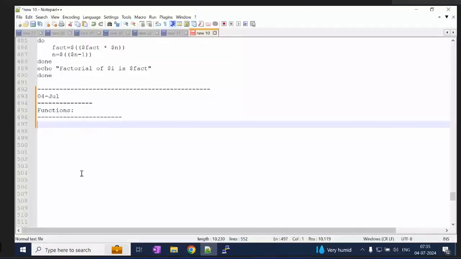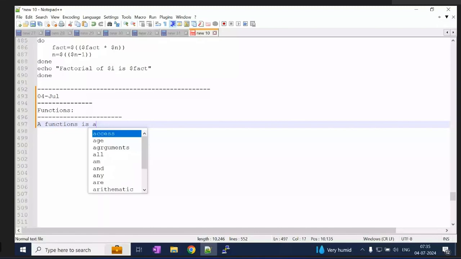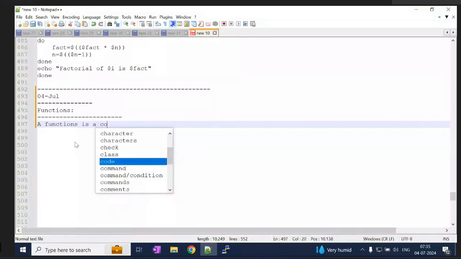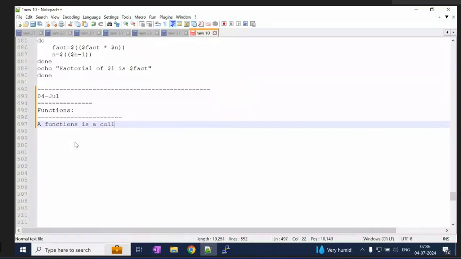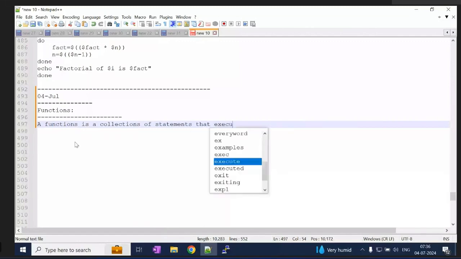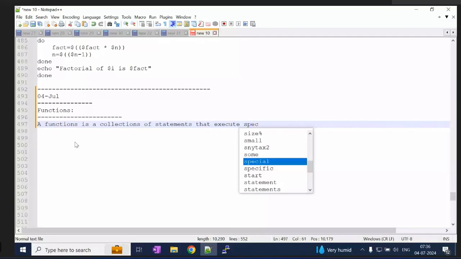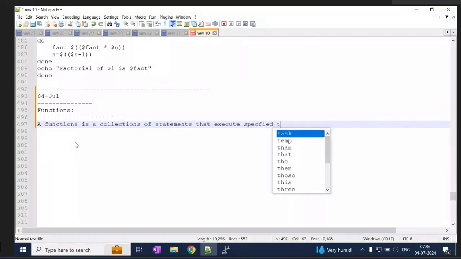So a function is a collection of statements that execute a specified task.